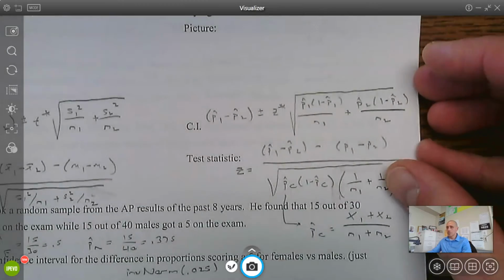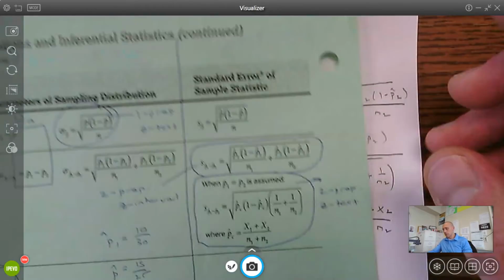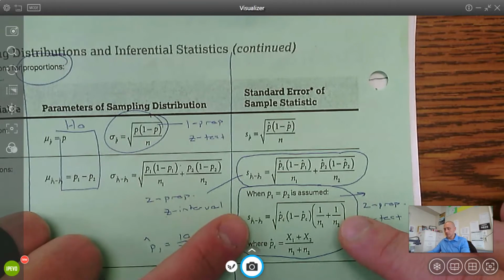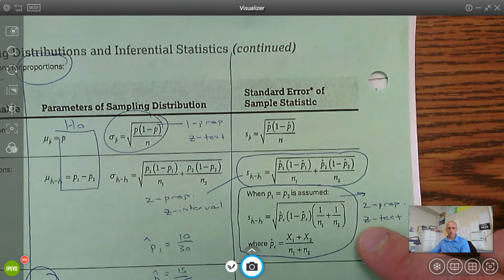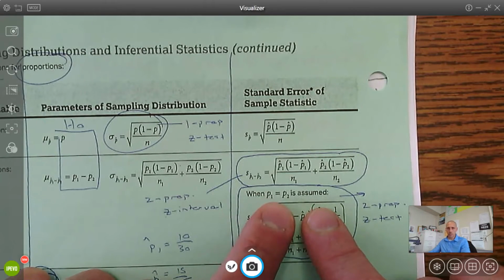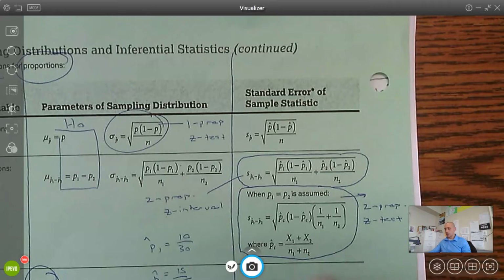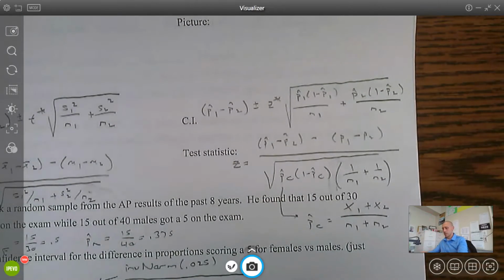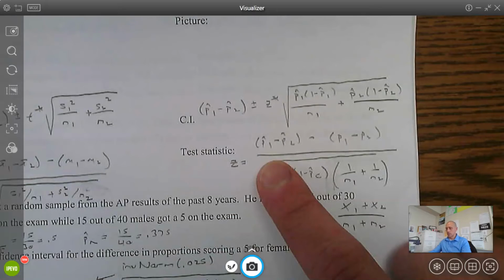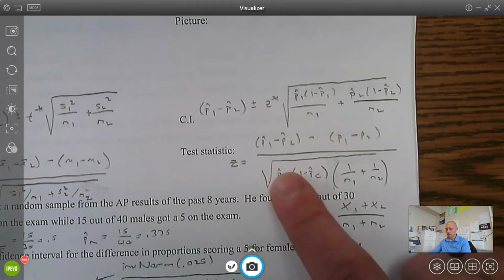For the two proportion z-test, there is something different here. And it's very important that you understand on the formula sheet, the only time you ever use this formula is for a two proportion z-test. And the reason is we're assuming the two proportions are equal. So I'm going to go through how to get this combined value in a few minutes. So here, it's going to be the same statistic minus the null, which typically will be 0, divided by this